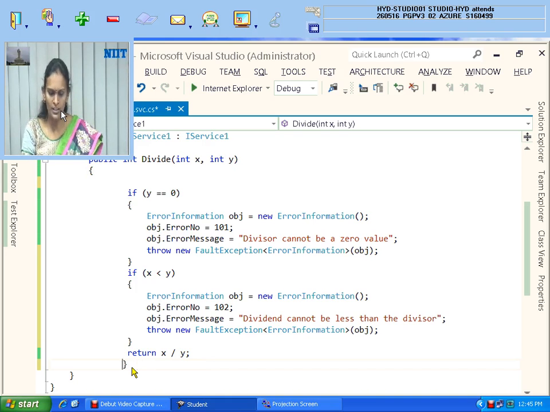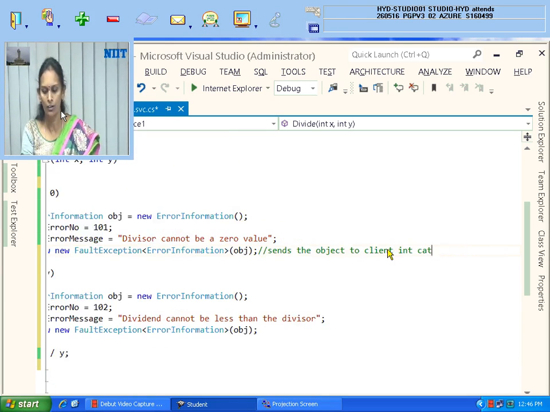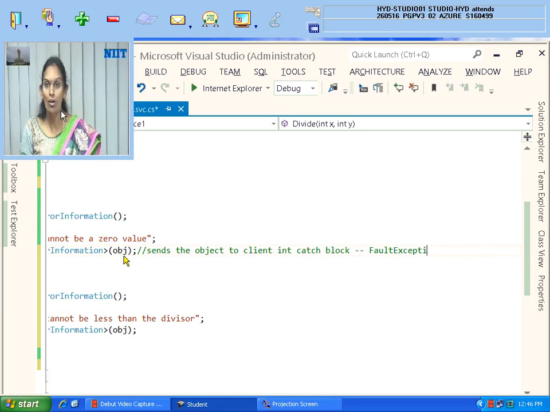Do you have any doubts? Please ask me about what I have done. I am checking if the received value is 0, and then I am throwing forcefully. This will pass the information and send the object to the client in the catch block. So in the client, it will go to which catch block? The FaultException catch block. So this is not required to be kept in the try catch block. Where you are receiving this error and displaying it, that is the client. So you save it and build it once. Build solution, you do it.